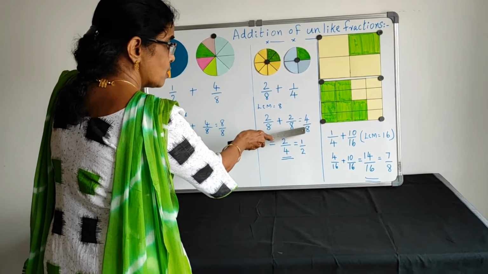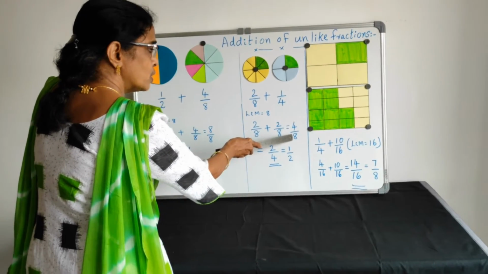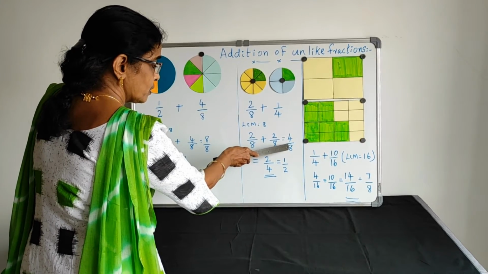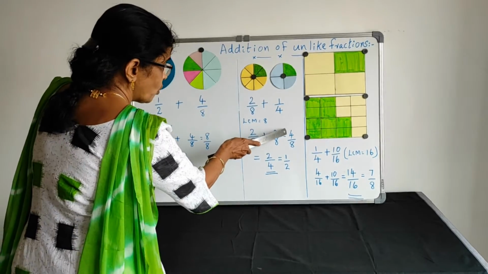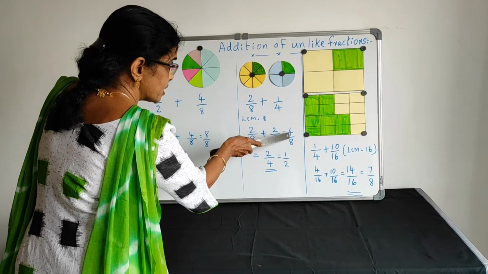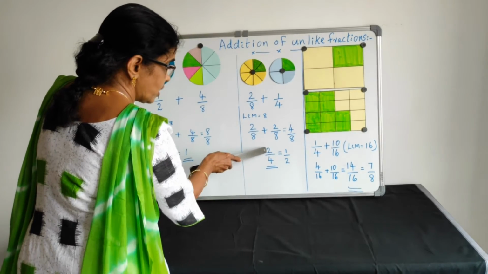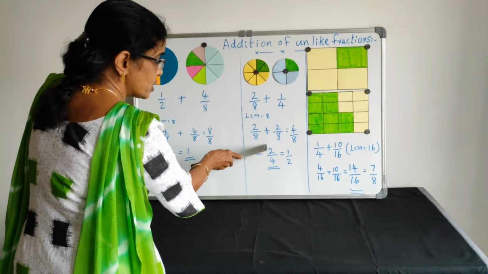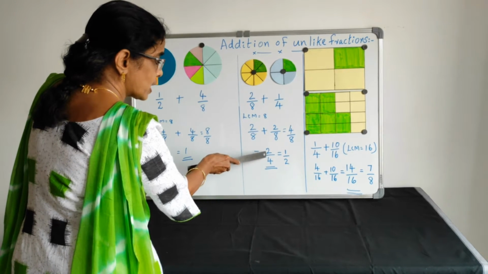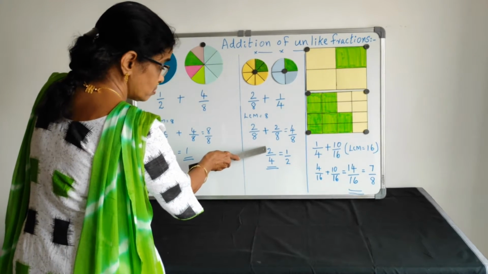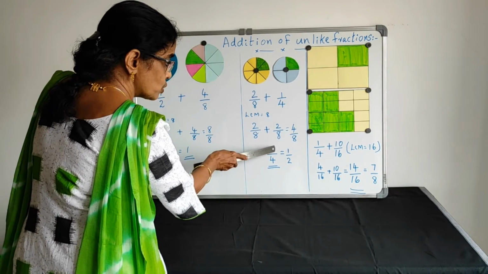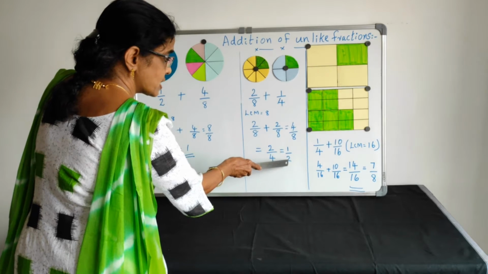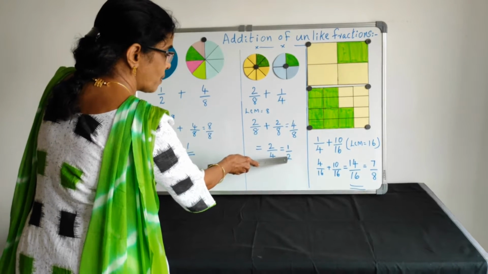The fraction 4 by 8, closely observe what is common. You can do it in two ways. One, divide both the numerator and denominator by 2. So we are getting 2 by 4. Again, you can observe 2 is again a common factor. So again divide by 2. 2 divided by 2 is 1. 4 divided by 2 is 2. So the resulting answer is 1 by 2.